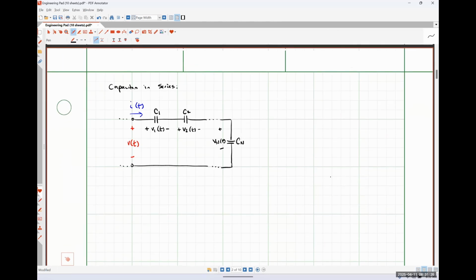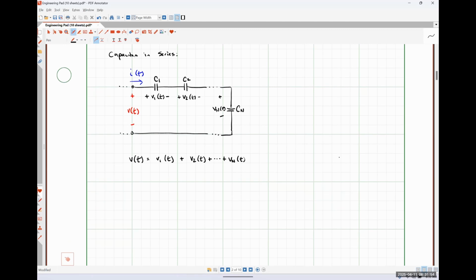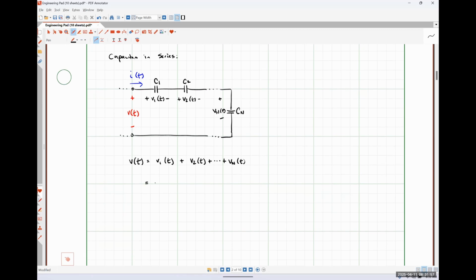If I were to apply Kirchhoff's voltage law around this loop, I would find that my total voltage, V of t, is equal to the sum of V1 plus V2 all the way out to V sub n. I could use my second equation that we developed to express all of those voltages in terms of my current. And so that would look like 1 over